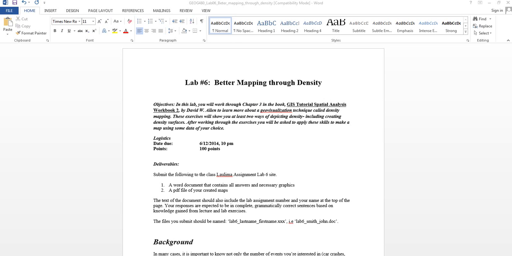Welcome to Lab 6, where we're going to be looking at density data. In the past we've looked at things like census data, where it's the number of people who live in this particular census block or tract or so on. But we haven't really done anything to take into account the fact that maybe there's 1,000 people living